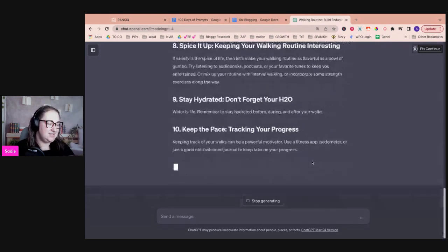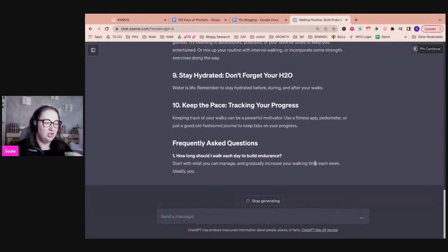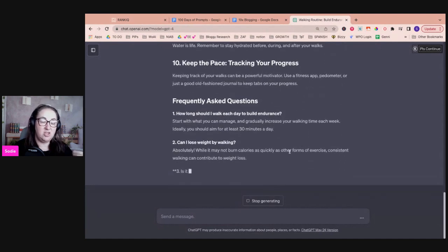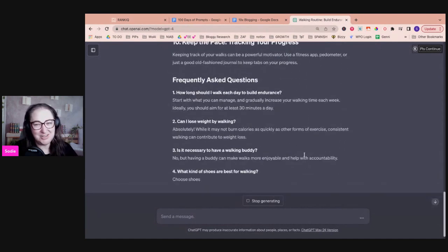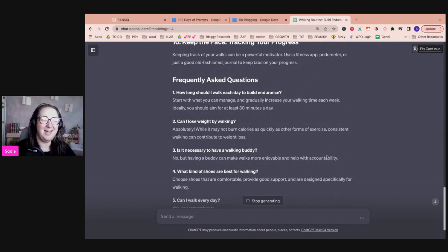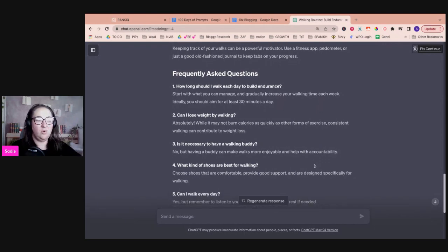As ChatGPT continues generating, you're going to see if this is something that you want to use or if maybe you should have done a better prompt. That happens to me a lot. I think I have the best prompt. I think I've given the best instructions and it's totally off base. This is why you want to play with the older version of ChatGPT at the very beginning when you are